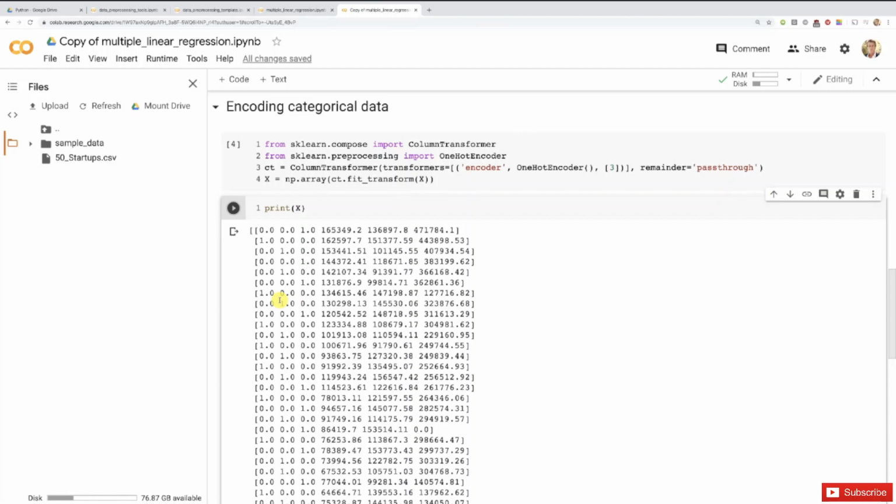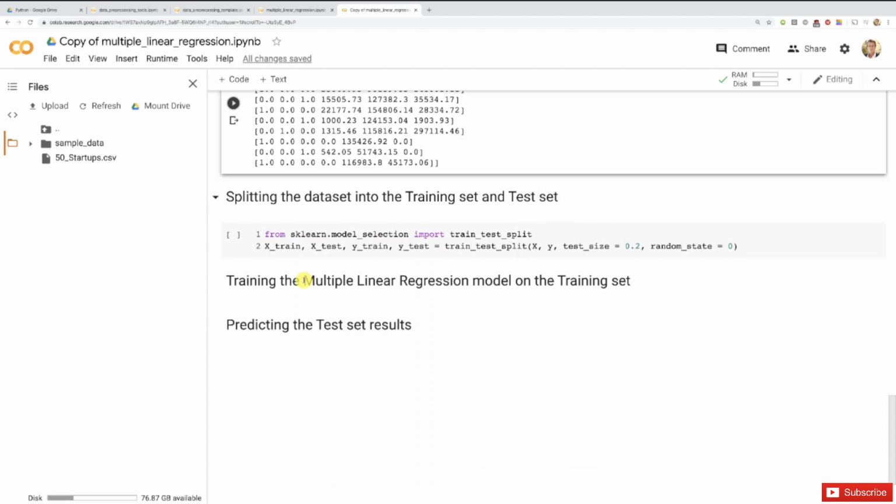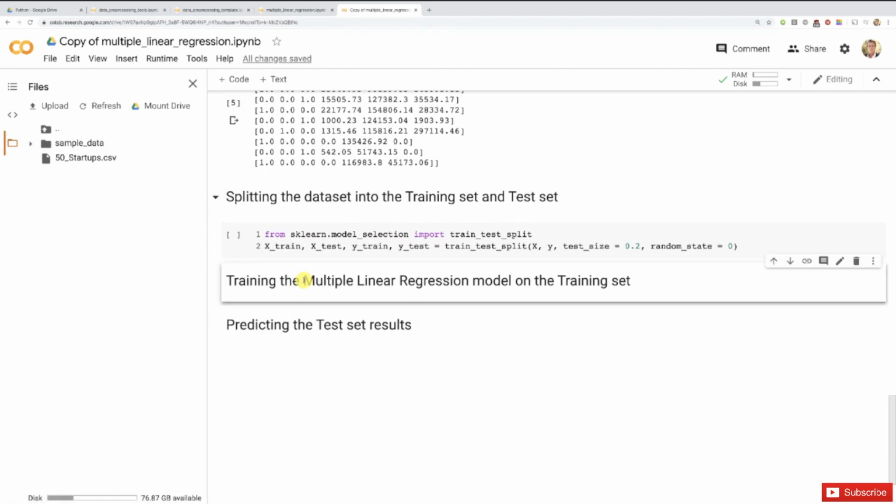All right, so now good. We're done with data preprocessing. We can therefore move on to the next step, which is to train the multiple linear regression model on the training set. So take a little break here, and as soon as you're ready to build your next machine learning model,